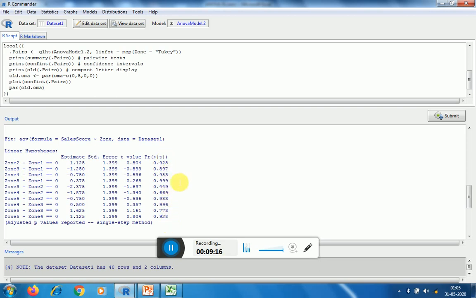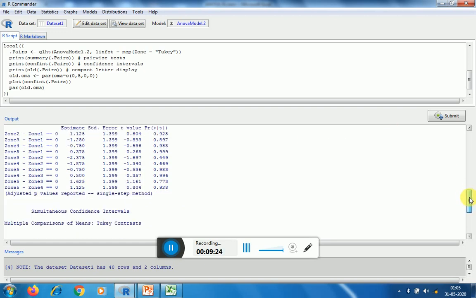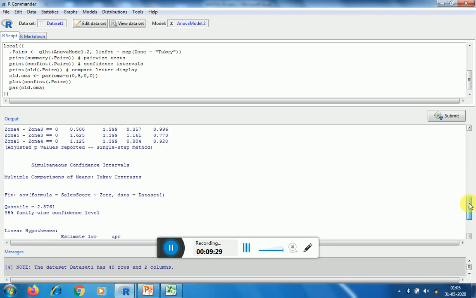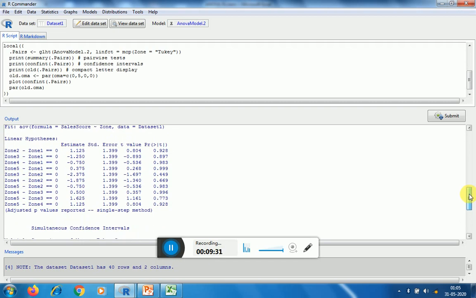Now here all the p values are greater than 0.05. This means that there is no significant difference existing between the means, and hence all the means are equal. So if we make the pairwise comparison, here also we can see that the means are not significantly different from each other for each pair of zones.